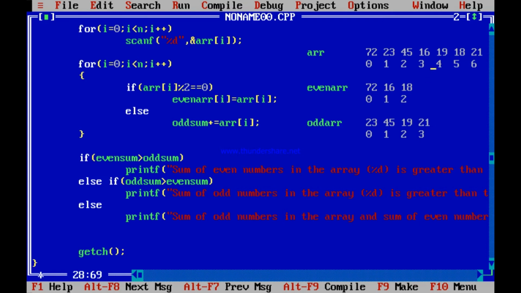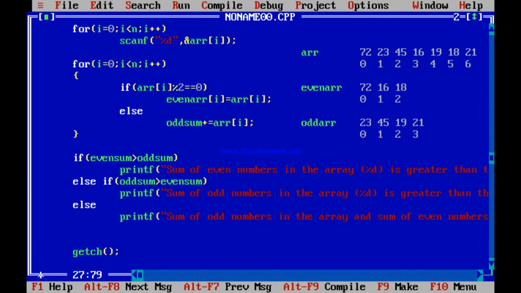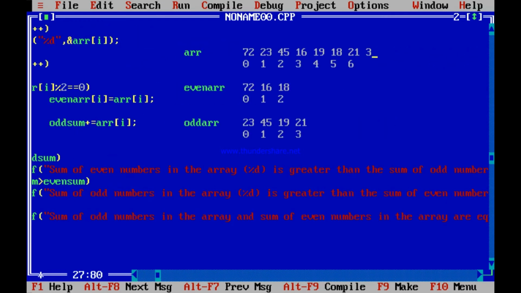If there was another number, say 23 again, or maybe 33 in its 7th position, I will become 7. But where will it be copied? It will be copied in the odd array. 33 will be copied in odd array position 4. Next number is, suppose, say 47 in the 8th position. I has become 8. But where will you copy it? You will copy it in the odd array. 47 is an odd number, so you will copy it in the 5th position. No match.